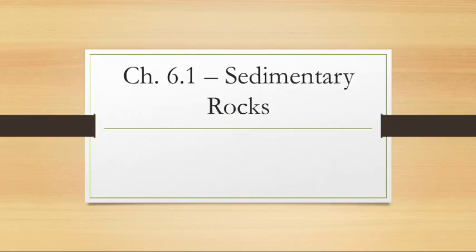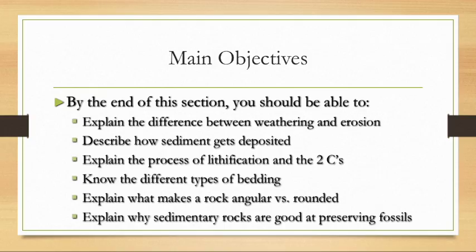So let's take a look at chapter 6.1 and talk about sedimentary rocks. By the end of this section, you should be able to explain the difference between weathering and erosion, describe how sediment gets deposited, explain the process of lithification and those two C's, know those different types of bedding, be able to explain what makes a rock angular versus rounded, as well as explain why sedimentary rocks are good at